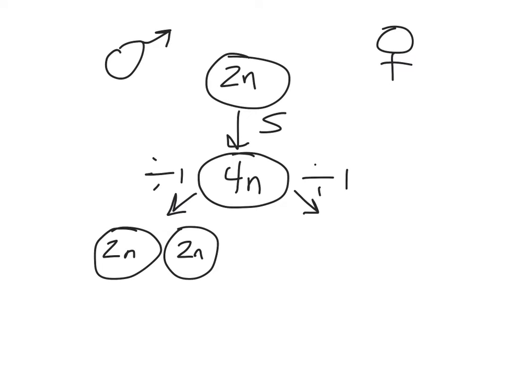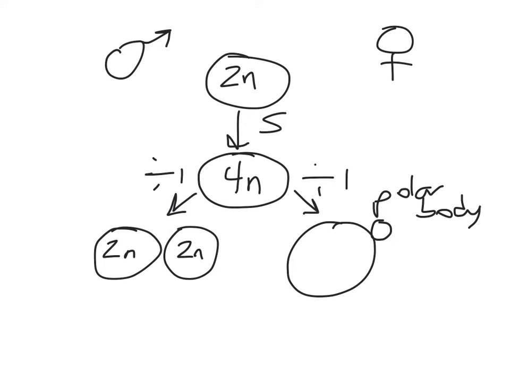How does this look different in females? Do you still get 2 daughter cells? You still have 2 daughter cells, but you get one that's really big and one that's really small, and that's called a polar body. So how many chromosomes are in each of those 2 cells? Is it the same as males, or is it different than males? Same. They still divide, in theory, hopefully, equally. 2N going to each of those daughter cells, and then during the second cell division,